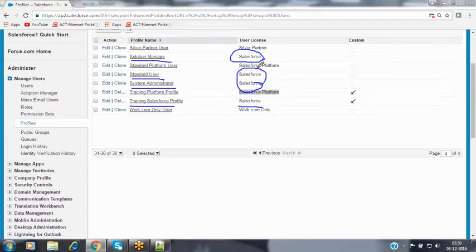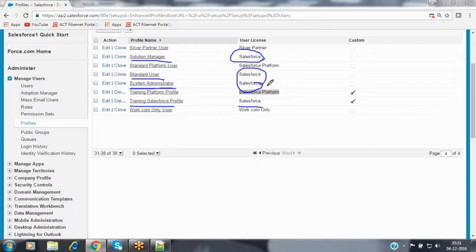Nothing but the license is only one and the profiles are many. Profile to license is one-to-one association, and license to profile is one-to-many association. Now in this kind of scenario, whenever you are creating a profile, every profile should be associated with a license. The license grants the permission for what features it can access. Now, do you want to grant all the features to the user? Then you can decide that configuration inside the profile itself.